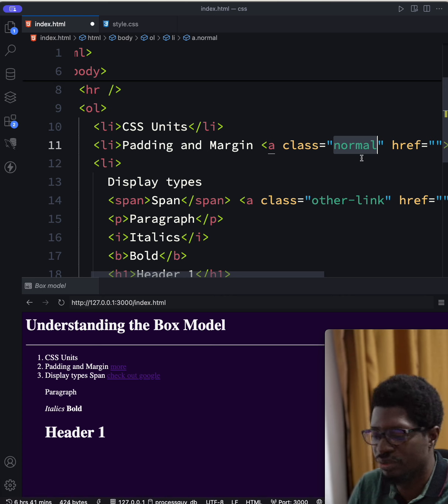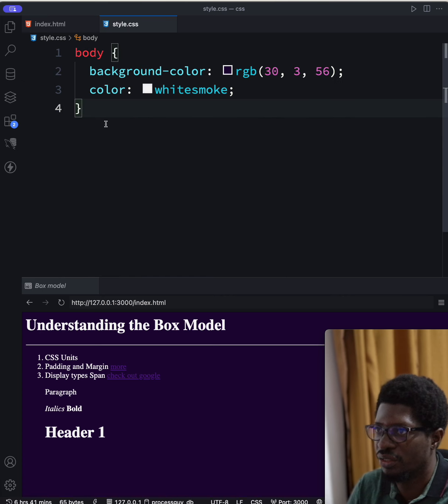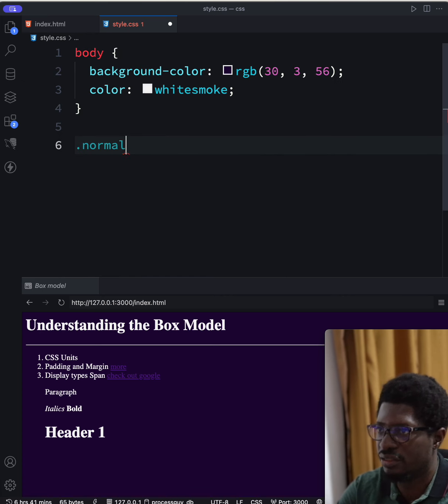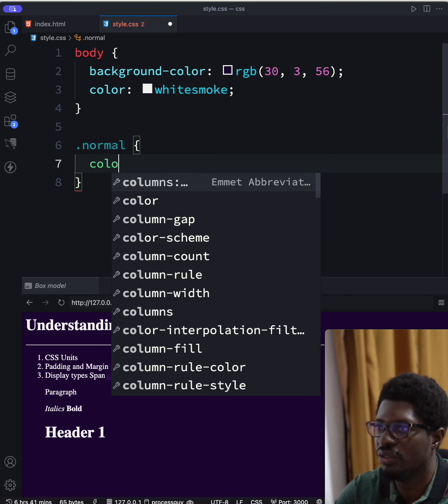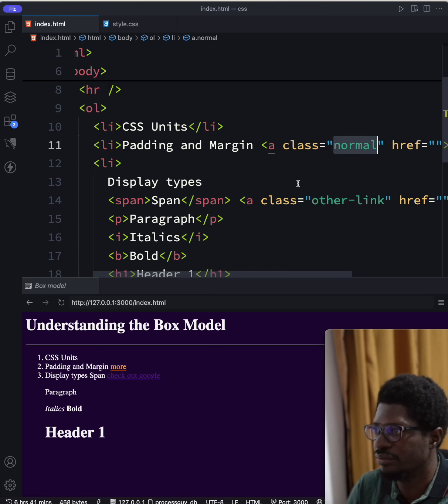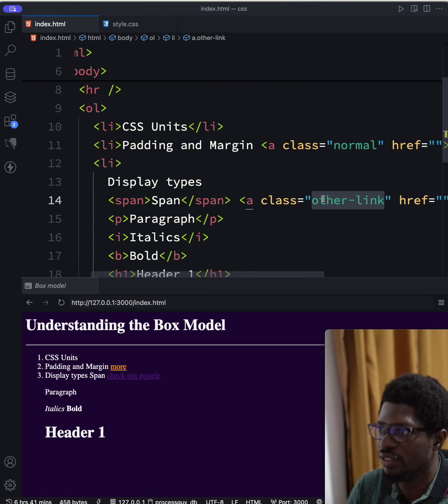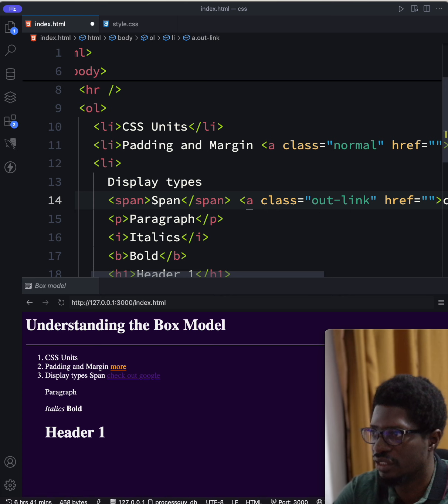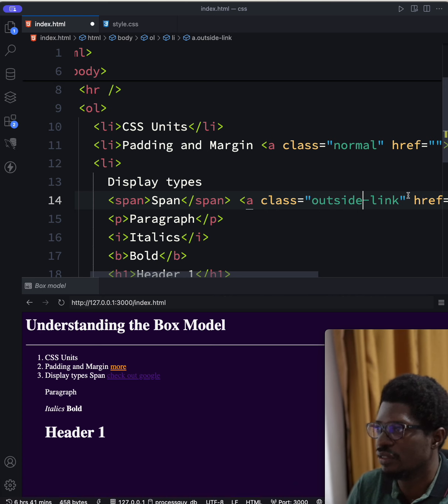This is pretty simple. We can do this already by just coming here. It's a class. Normal link has color orange, right? And then you want this other link, let's say outside link, to have